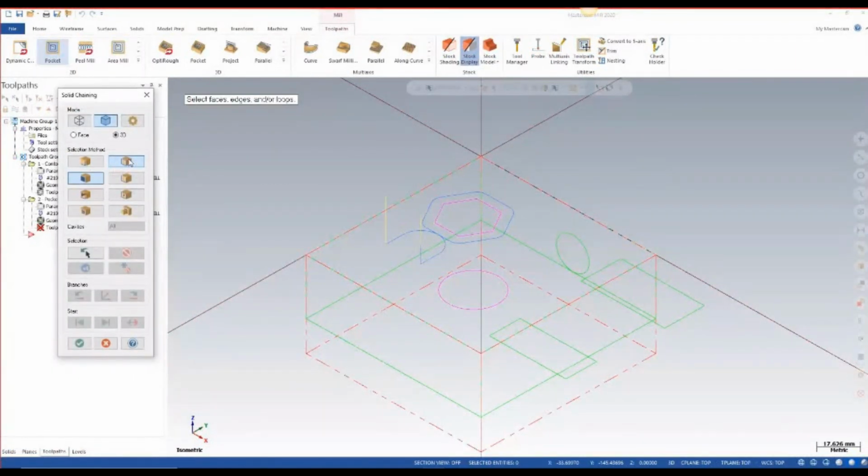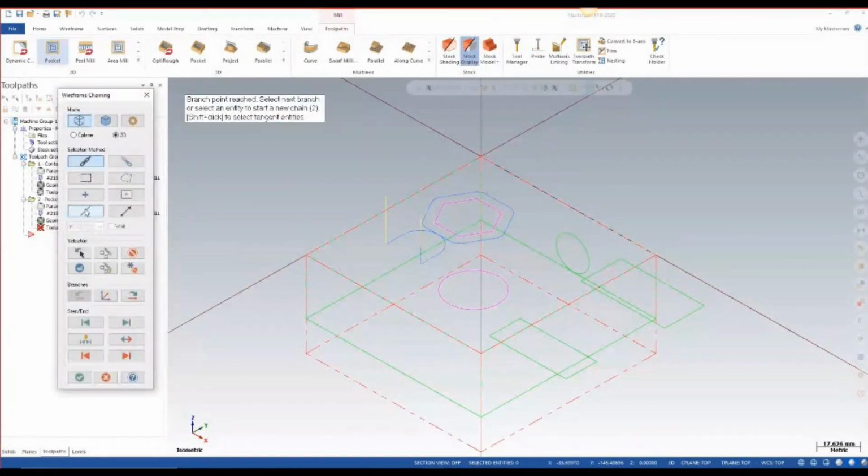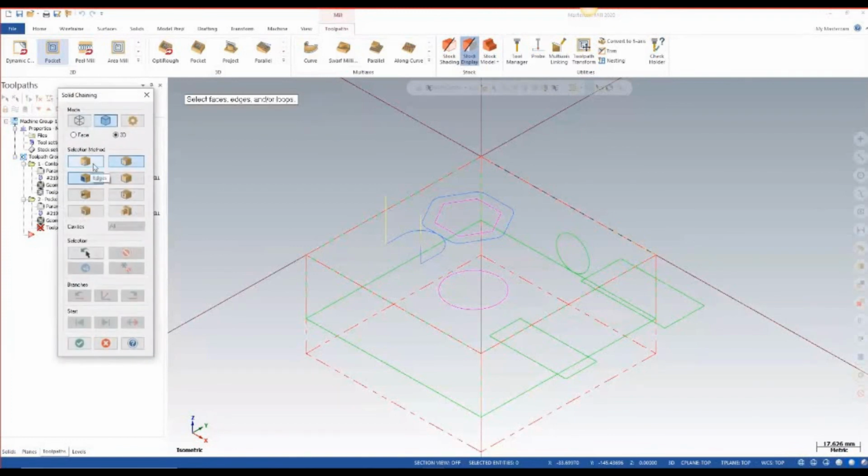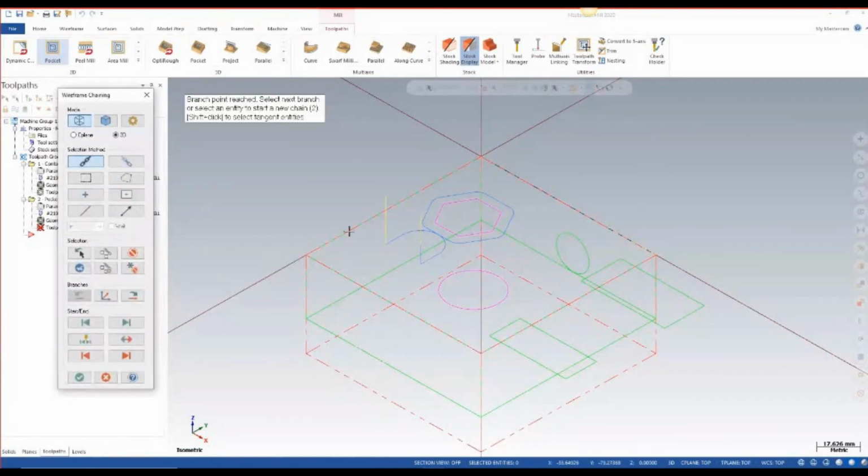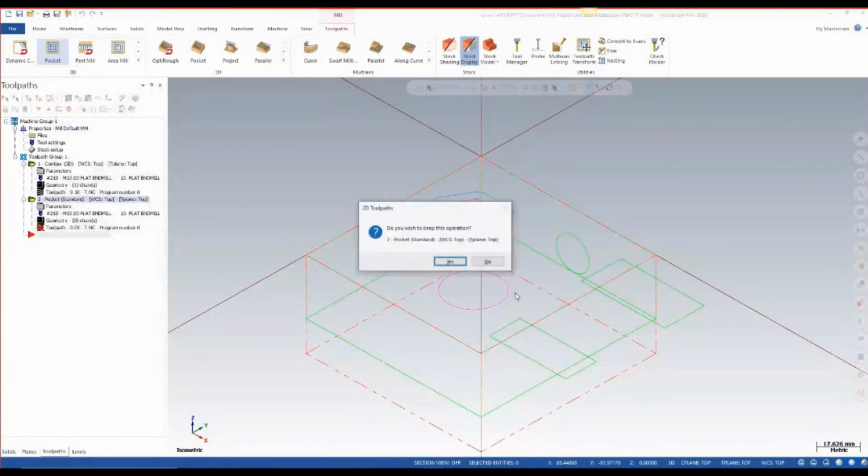Loop is nothing but the chain. You can select using face, you can select using partial loop, that is your partial option. Then single edge is nothing but your single entity, so that is your single edge. This we will see when we import some solid model and do our program. So now we'll select this particular chain and